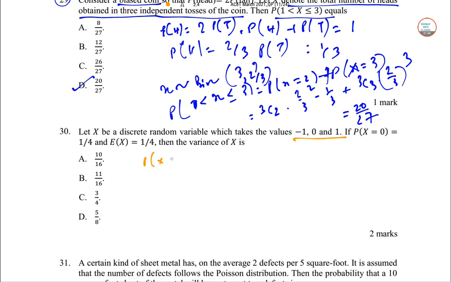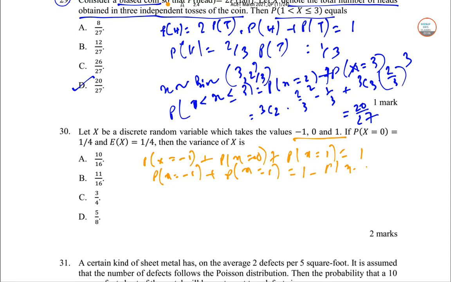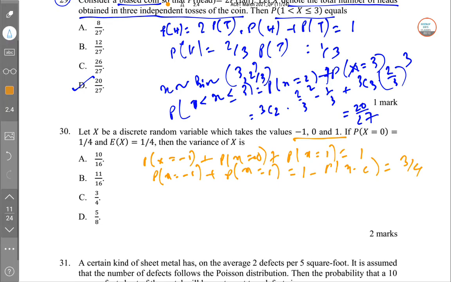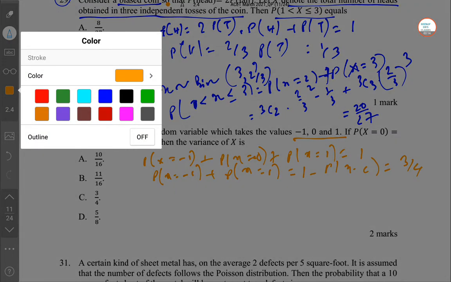So P of x equal to -1 plus P of x equal to 0 plus P of x equal to 1, all of these add up to 1. So P of x equal to -1 plus P of x equal to 1 is 1 minus P of x equal to 0. So 1 minus 1/4, so 3/4. That is the first part. Next is